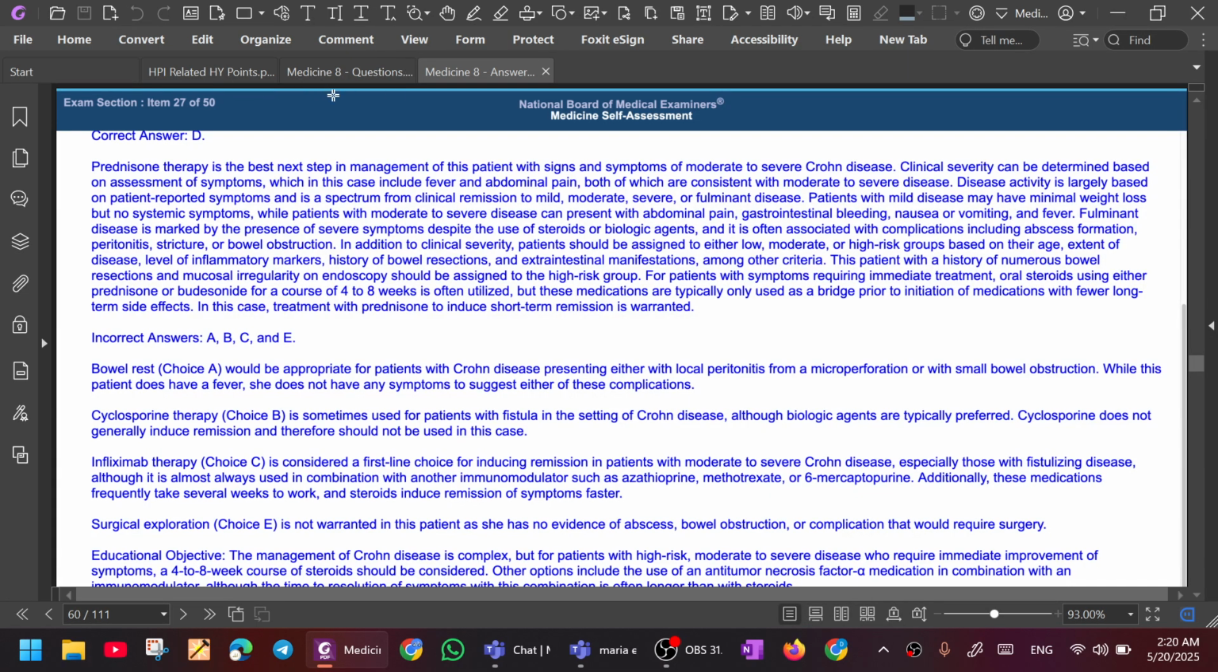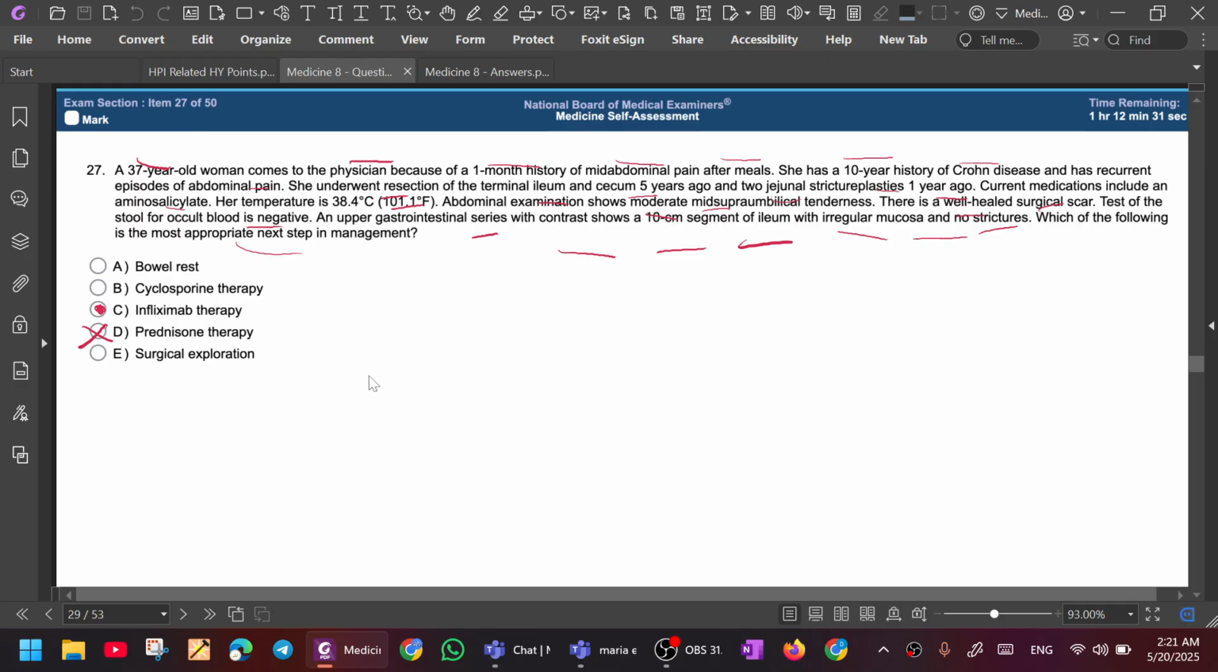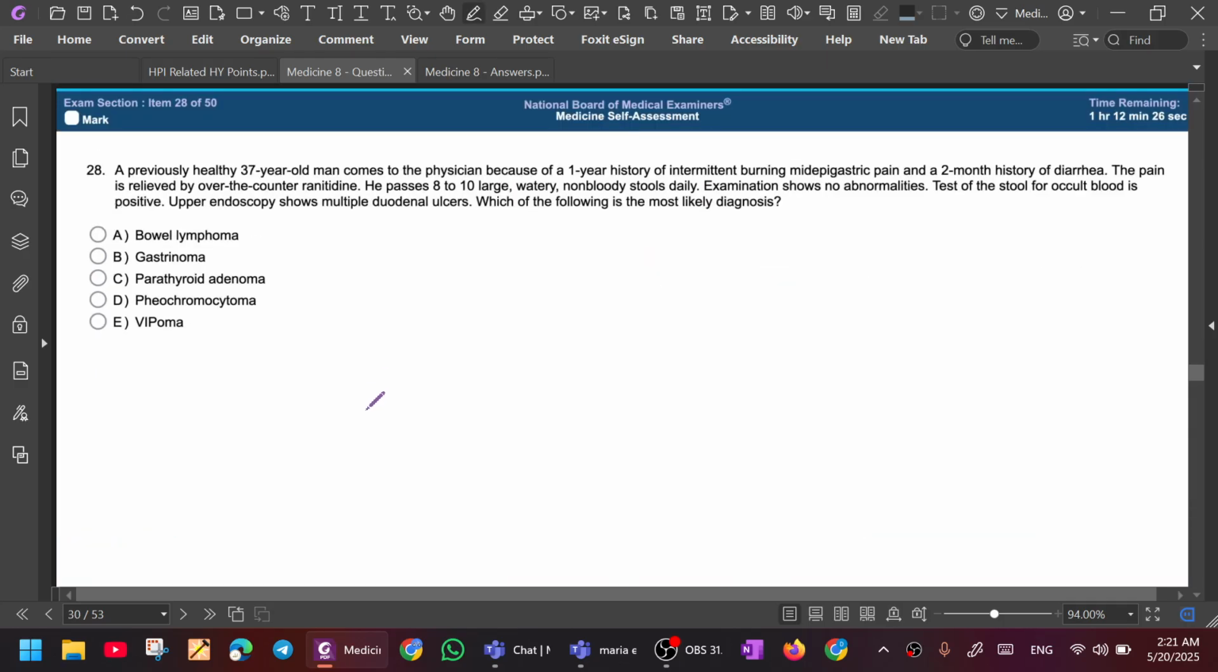Okay, can you summarize? So I guess for Crohn's, first you give prednisone and then you try all the other biologic agents, like infliximab, azathioprine, all that. But for acute pain, you give prednisone first. Okay. So prednisone, biologic agents, nothing works, surgical exploration. Okay,